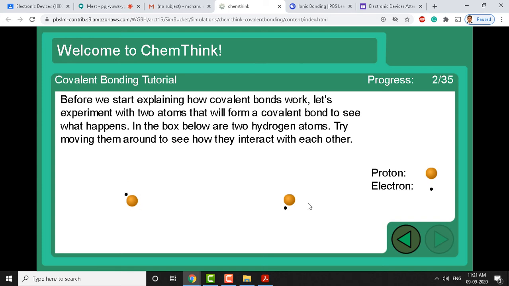These two are going to be hydrogen atoms, and let us move these atoms very close to each other and see what is going to happen. I am bringing one atom very close to the other. You can see now. In both atoms there are equal numbers of electrons. The question arises whether they are attracting or repelling.